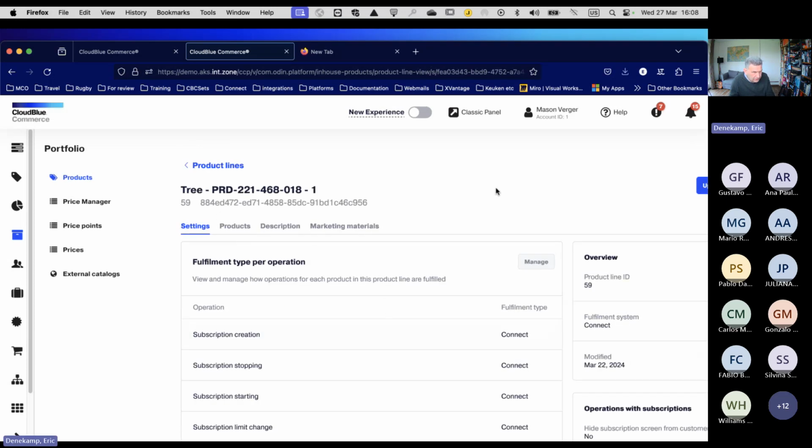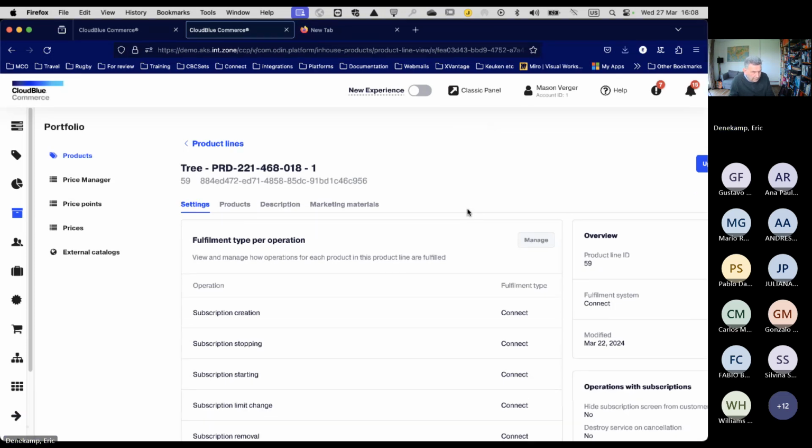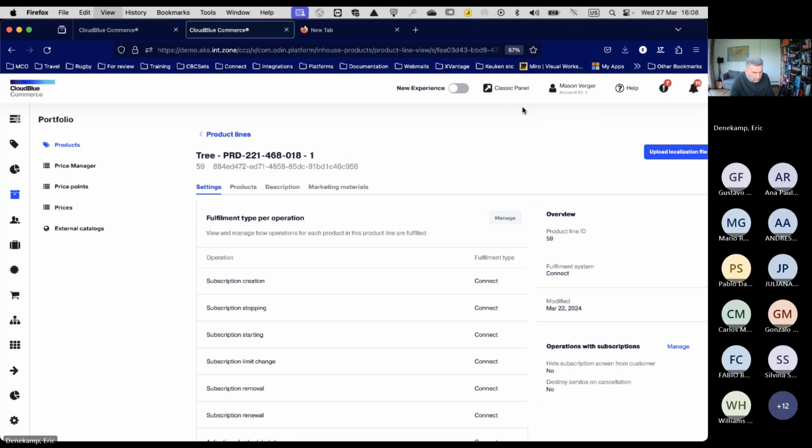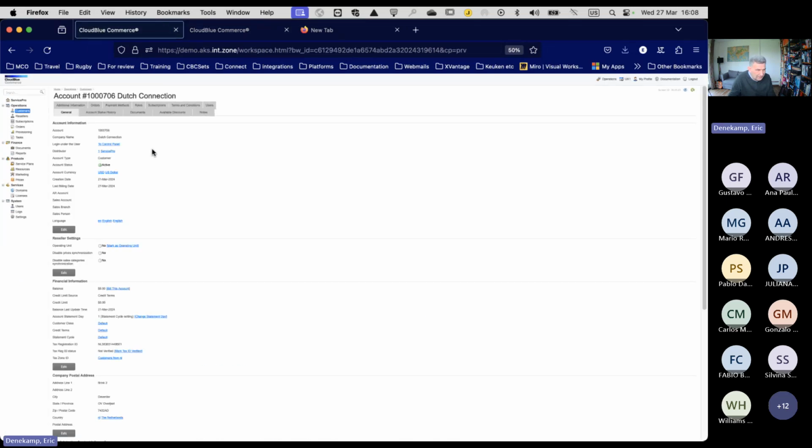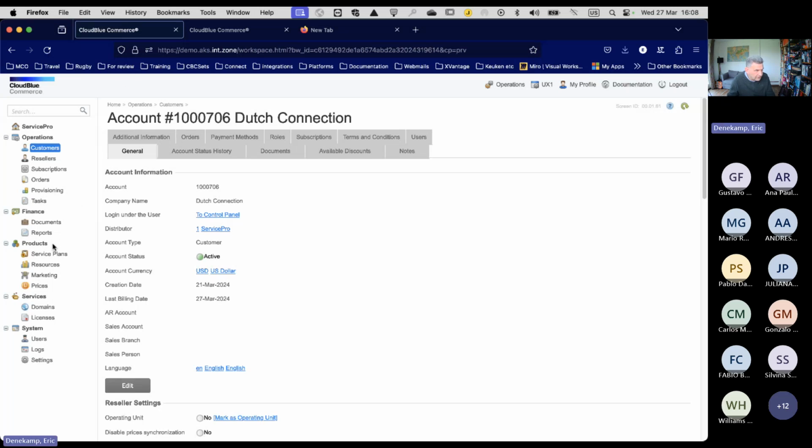Do we have plans on top of this one? Products, marketing materials. Now my whole system does not work because it doesn't scroll. But we have a product line name, Control C. Service templates.